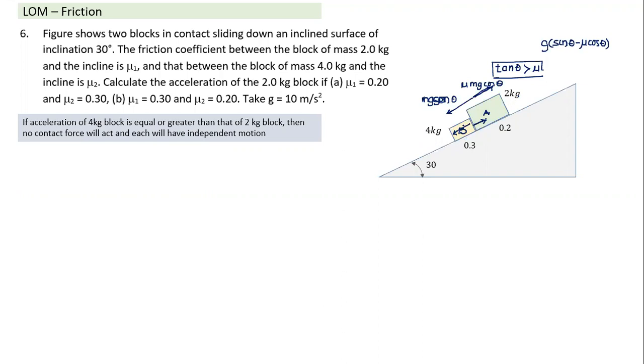Why? Initially, rather than treating them in contact, I was just trying to understand what would happen if they are placed separately. Because then it's easier to understand. If you place this separately, this block will have higher acceleration. So when we place them in contact also, this still has a tendency to have higher acceleration, but it cannot have an acceleration higher than B. That's why the contact force starts acting.